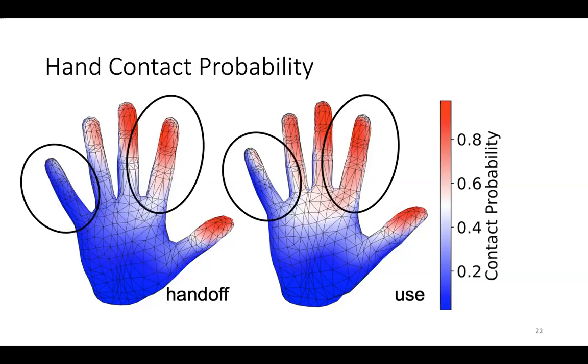We also find that not all fingers are equally likely to be contacted. For example, any area on the little finger is less likely to be contacted than all areas on the index finger. And this can potentially inform the design of robotic hands, where you're trying to make the decision whether to include an extra finger or not, because that would entail extra hardware.